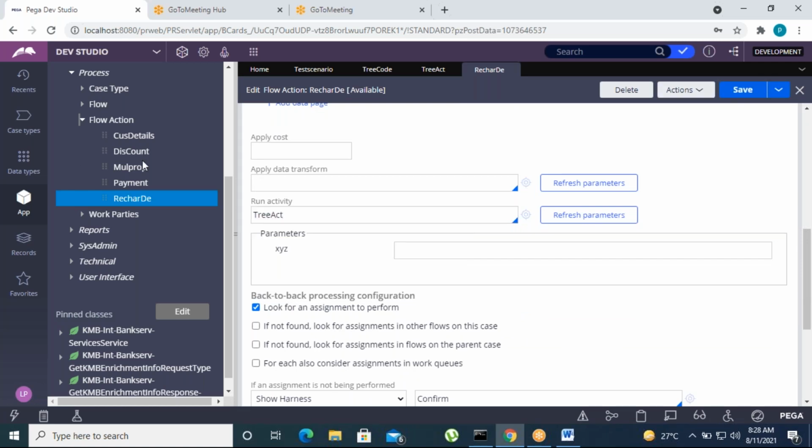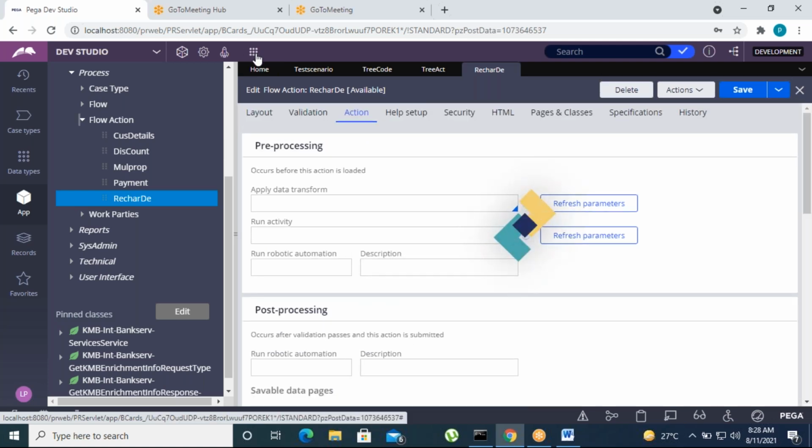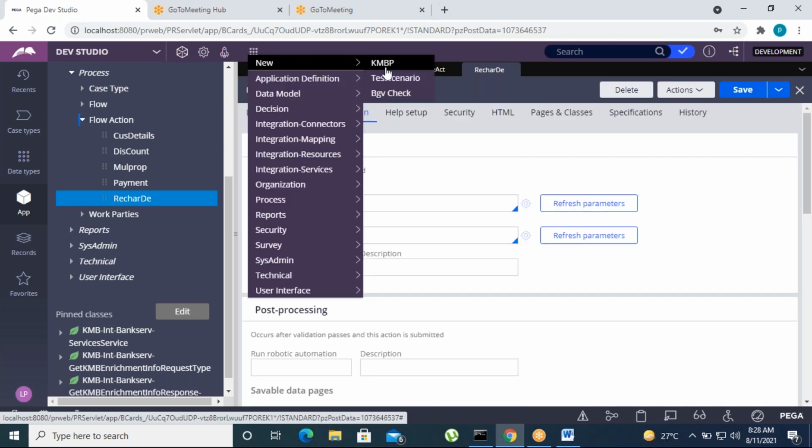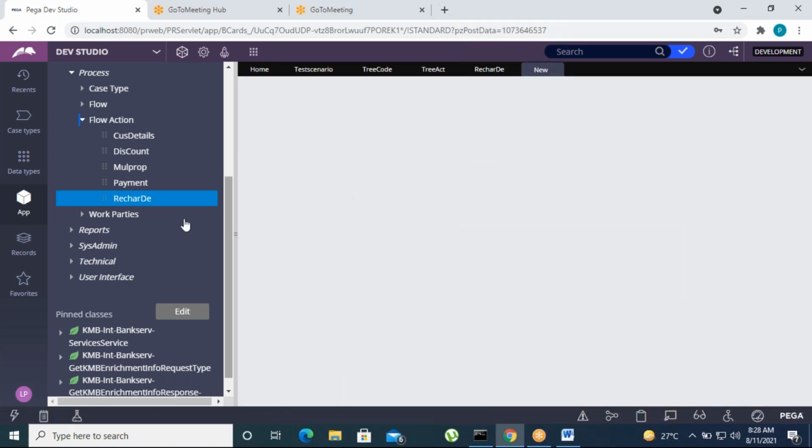So let's go to run the case. Okay, let's run the case and then test it. Test scenario is the case type.